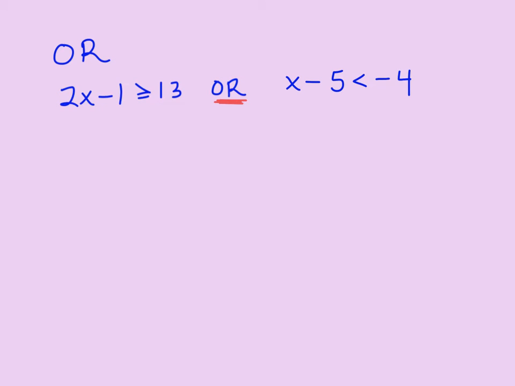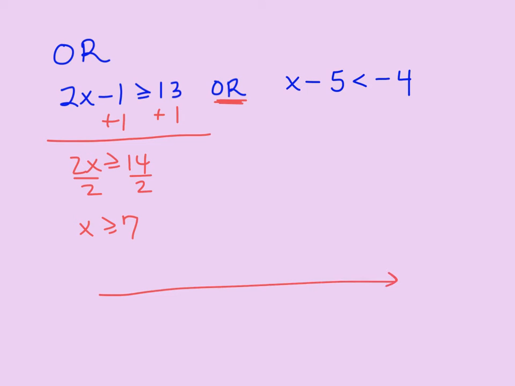So what we're going to do is we would just take these separately and solve them and graph them. We're going to add 1, add 1. We would get 2x greater than or equal to 14 and divide by 2. X is greater than or equal to 7. So on the number line, that would be 7. Let's say 7 is here. Closed circle, arrow this way. Our solution set is any number that belongs to x is greater than or equal to 7, or this other